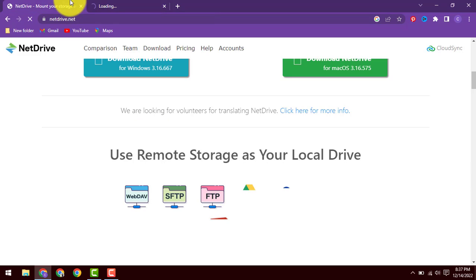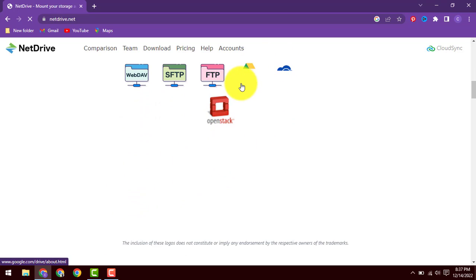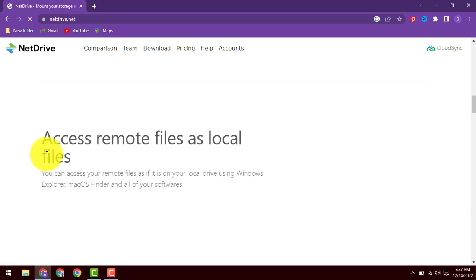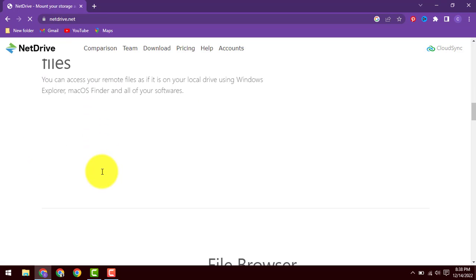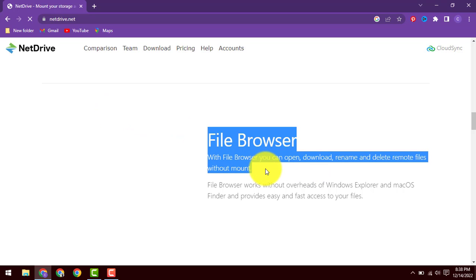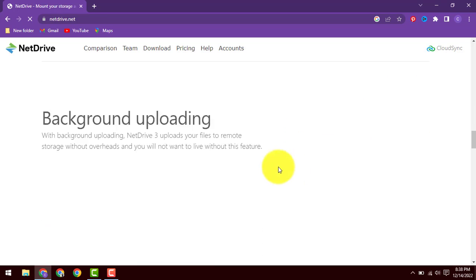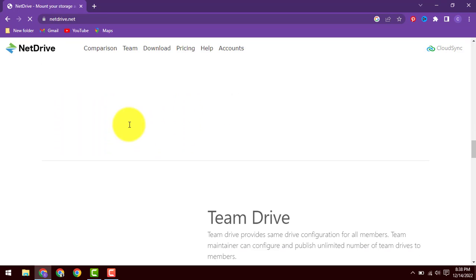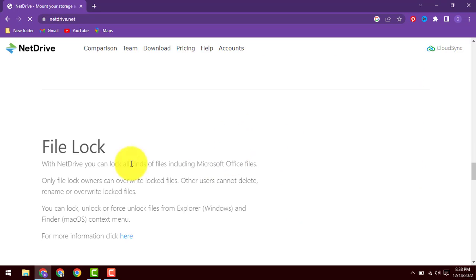It will open the NetDrive support site, and after that use remote storage as your local drive: FTP, SFTP, WebDrive, OpenStack. These are the storages, for accessing remote files and local files. The file browser, the internet is very slow and the pages are not downloading completely. Background uploading, with background uploading NetDrive uploads your file even after reboot. Team drive, file lock,